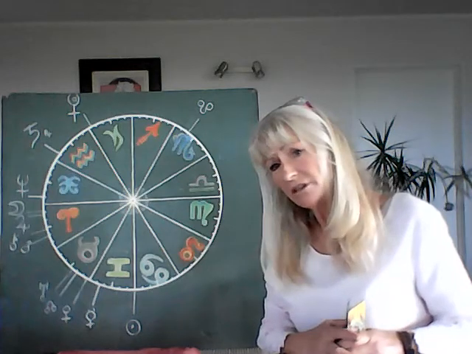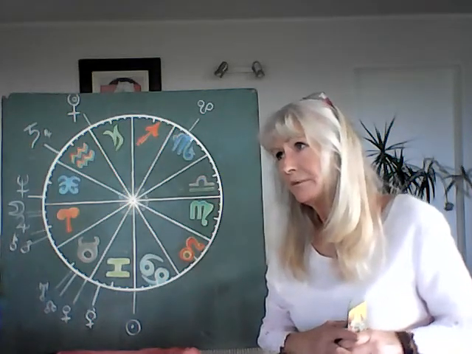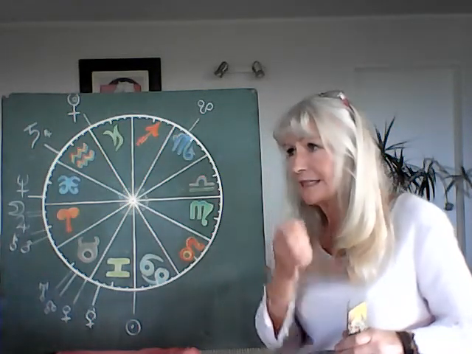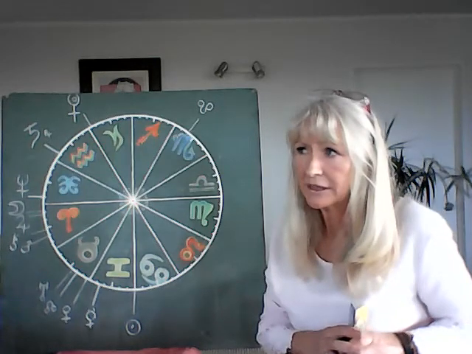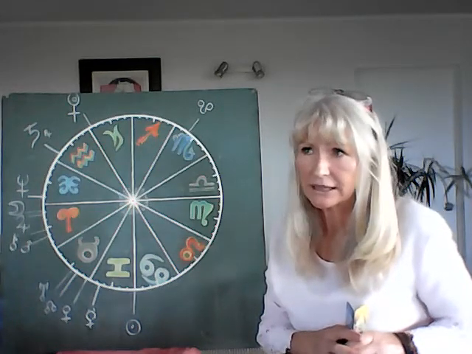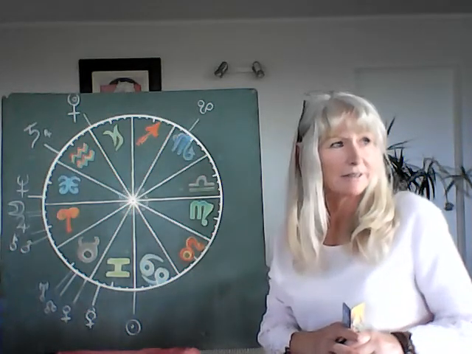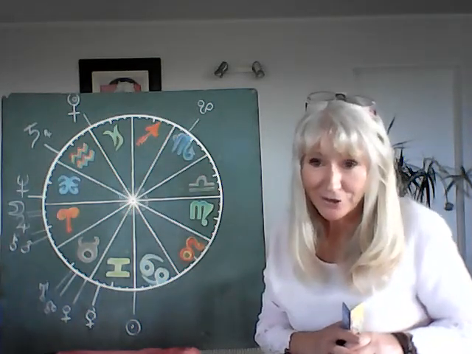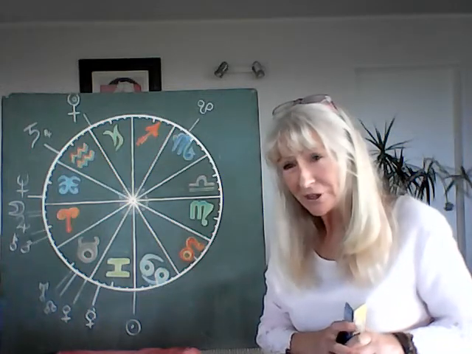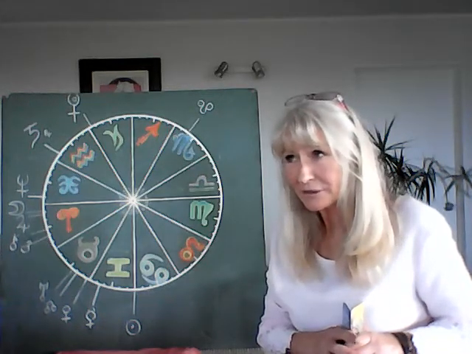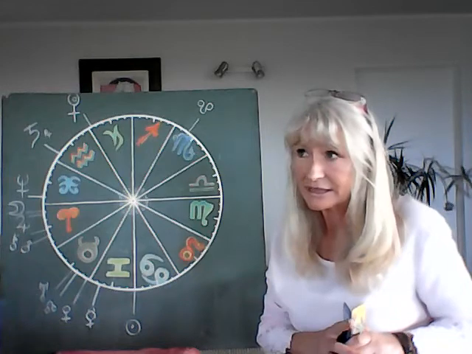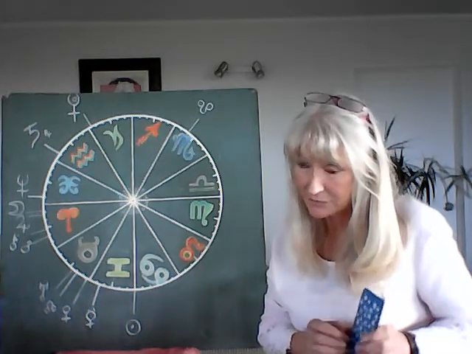So Gemini is a very analytical sign. Not so much detailing as far as Virgo, but it represents the mind, and it represents that they're wanting to be constantly feeling good in the mind, which isn't really possible. So Gemini, they need to watch their thoughts, because sometimes they can bring themselves down. They need to stay up and stay positive. The good thing about